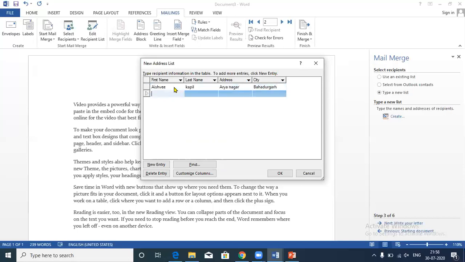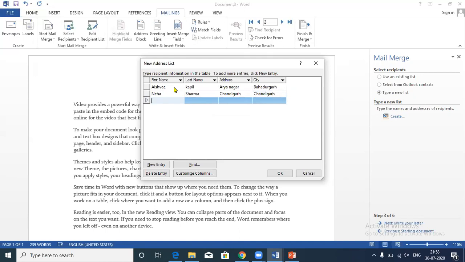Okay, now the next entry I wanted to add is, for example, Neha Sharma. For example, I'm writing here the city Chandigarh. Fine.